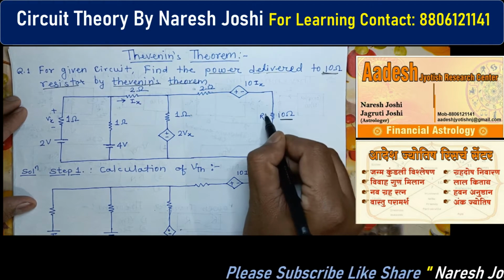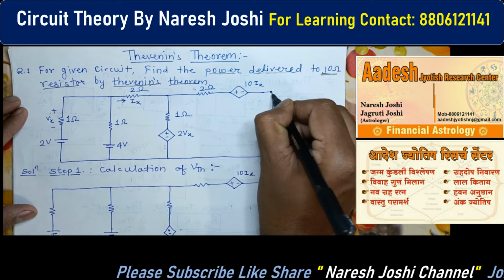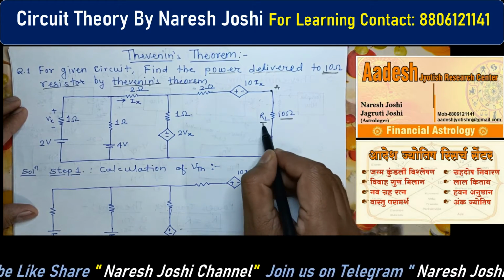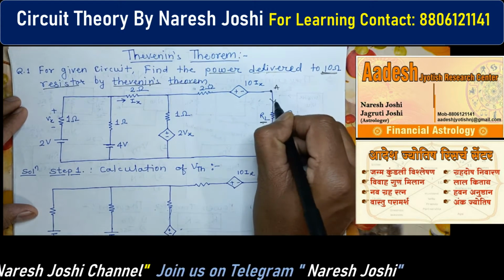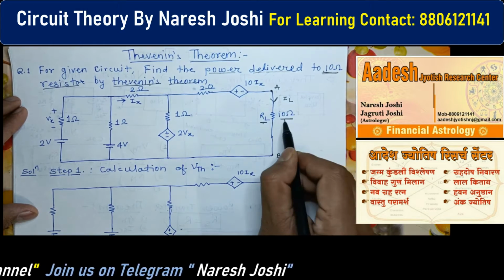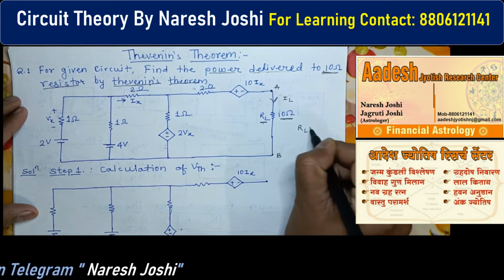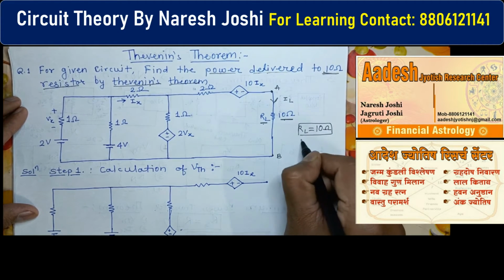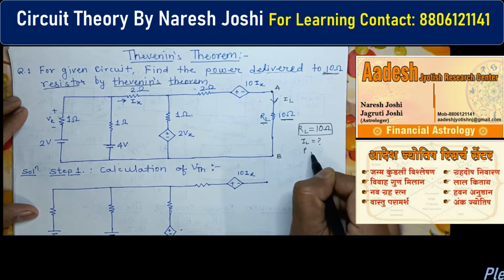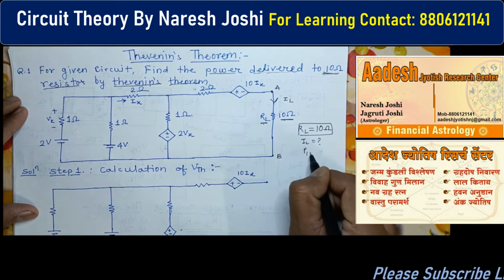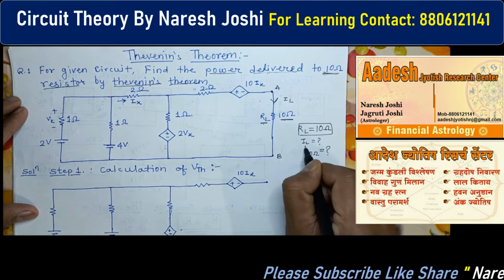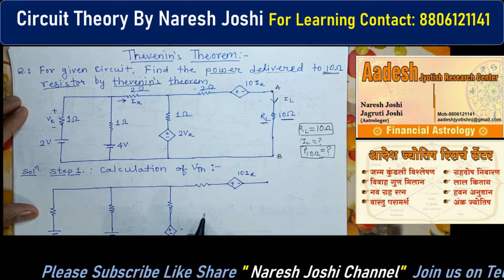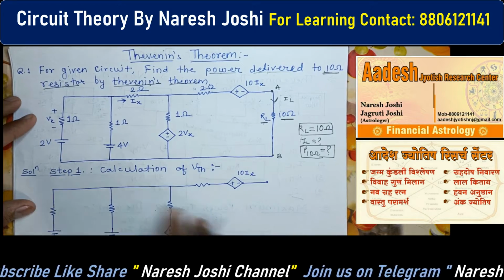Okay, so that's why we have marked this as the load resistance. So we can mark this as A and this as B, this is the load branch. Okay, clear? So this is our load branch. So here the current passing through this load, we can say it is IL. So in this circuit diagram, our load resistance is 10 ohm. Okay, our motto is what? First we have to find out IL, and then we have to find out the power delivered to this load resistance, that is the power delivered to the 10 ohm. Okay, so this is our question. To solve this question we need to find out IL also. Okay, so the question is clear.